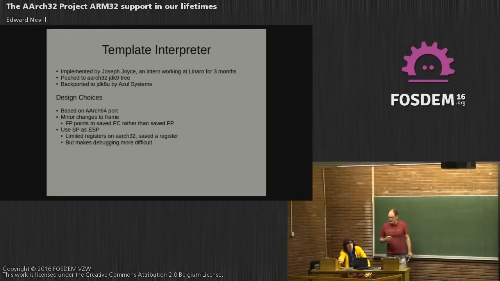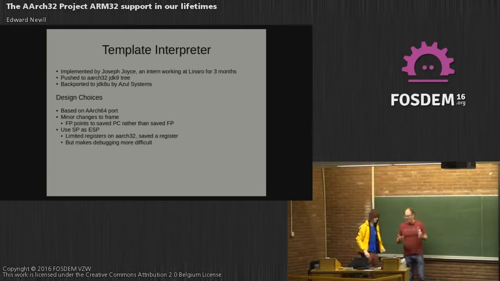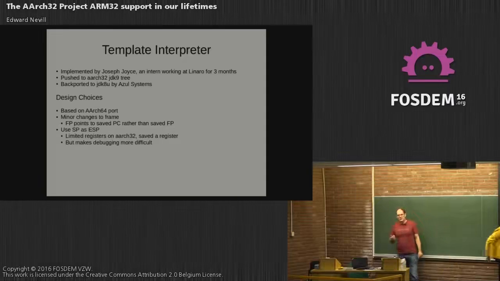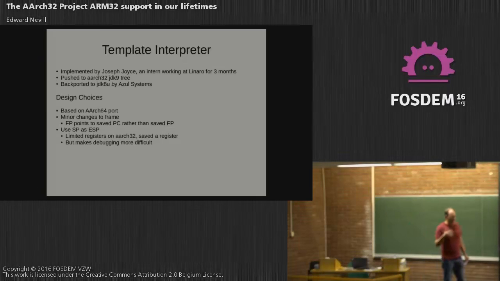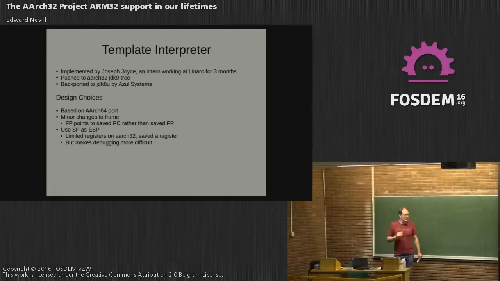There are a number of design choices Joseph made when he was doing this. He based it on the Arch64 project, which was in turn based on the x86 project. And he tried to minimize the changes as much as possible. There were a few changes. He made some changes to the frame structure. And instead of having the frame pointer pointed to itself, he had to point into the PC, and I quizzed him on this, and it was apparently an attempt to get GDB to unwind frames correctly. Sadly, it didn't work, so we might actually reverse that change so that the frames are consistent with